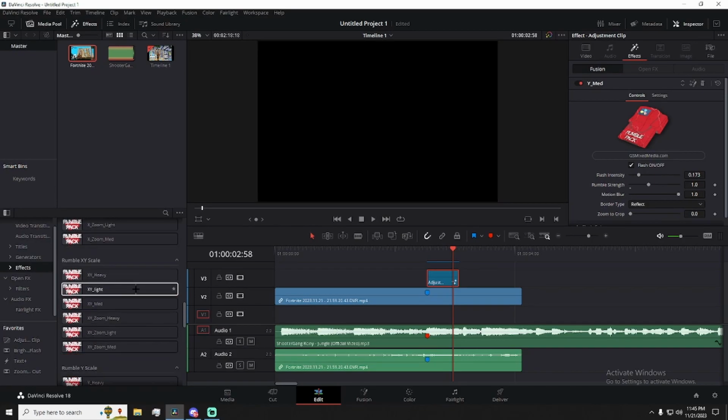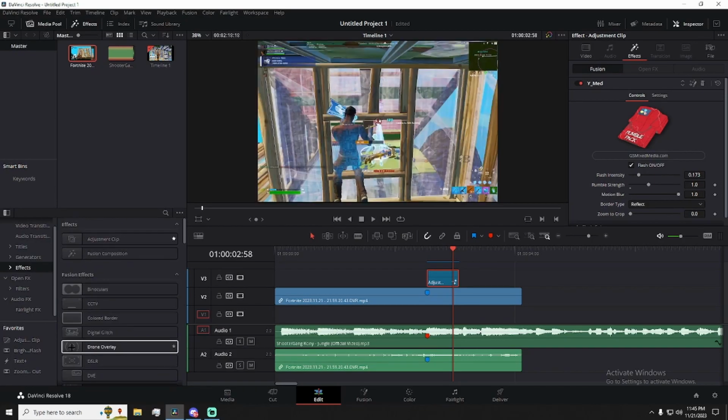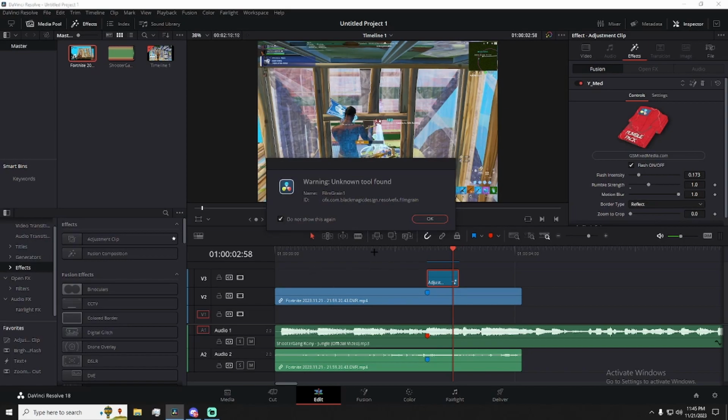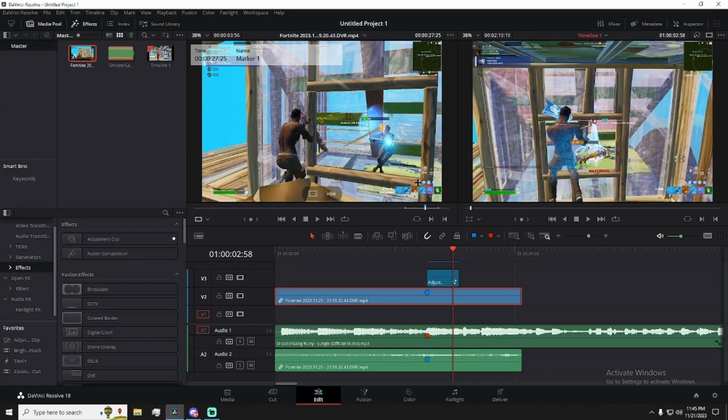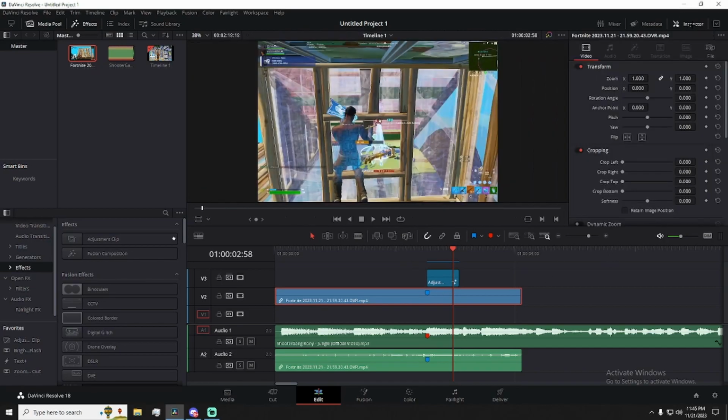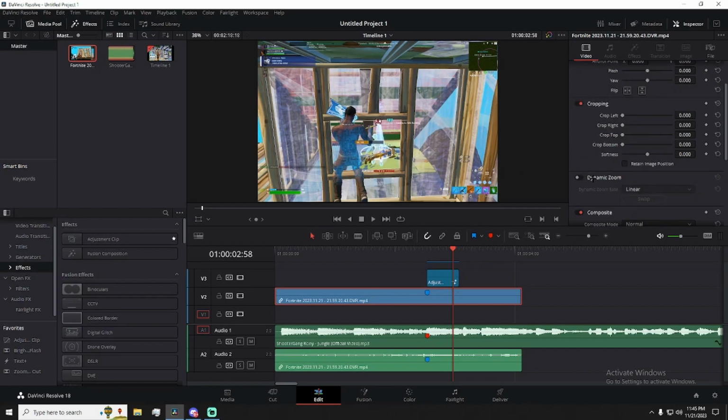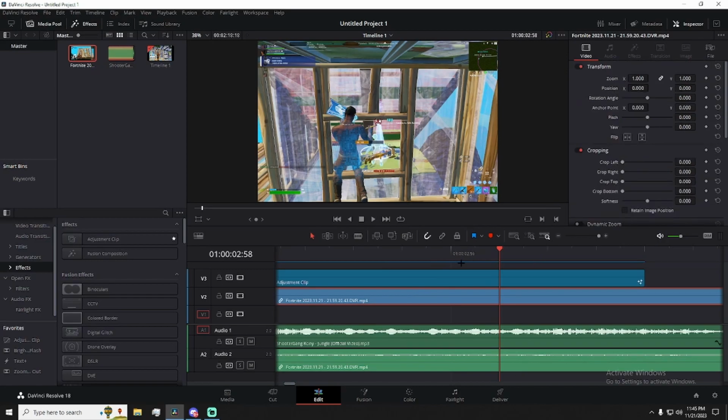And pretty much everything that's useful is going to be over here on the left. Anything as far as zooming in, transforming, cropping is obviously going to be all the way on the right here in the inspector tab. Now, I know sometimes the editors launch up without the inspector open, so if you want to get this open, just click the inspector tab. It's going to make the other screen go away, so you can have your inspector tab here. Now, obviously, there's no effects, so there's nothing I can mess with besides the transform, the cropping, zoom, and composite mode. But if I actually go on to the adjustment clip here, you can see that I do have effects,